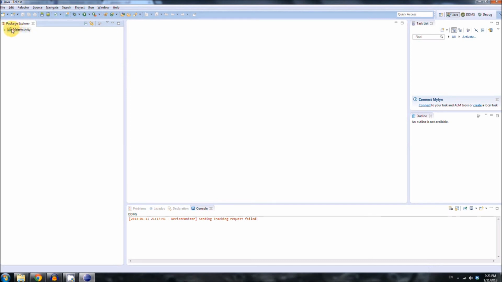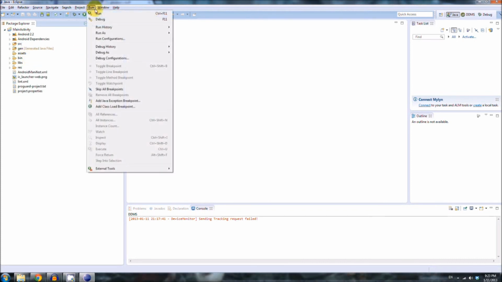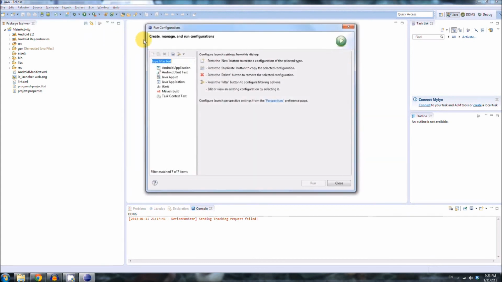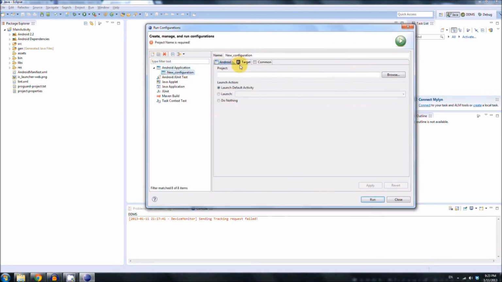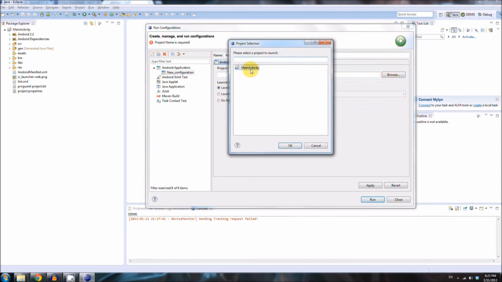Okay, so the thing is in here, before you can run it, you need a run configuration. So click Run, go to Run Configurations, highlight or select Android Application, click the New Launch Configuration button, and then call it whatever you want. Run config alpha. Okay, project, browse, main activity,